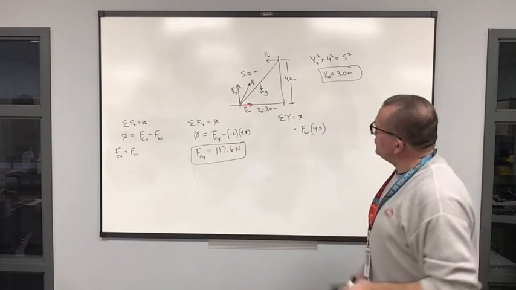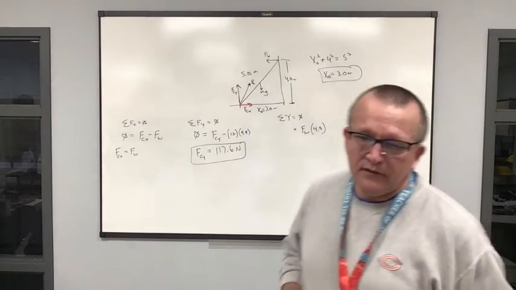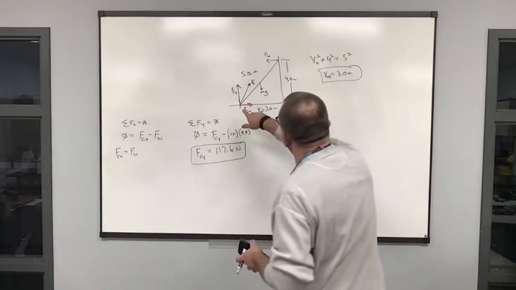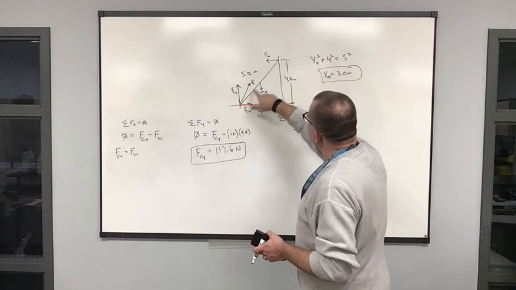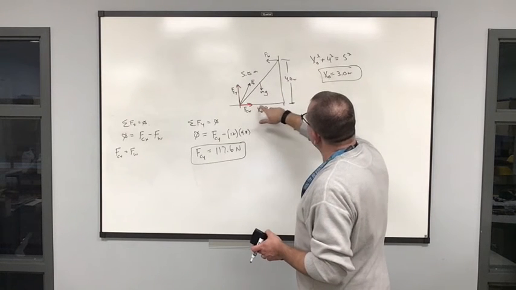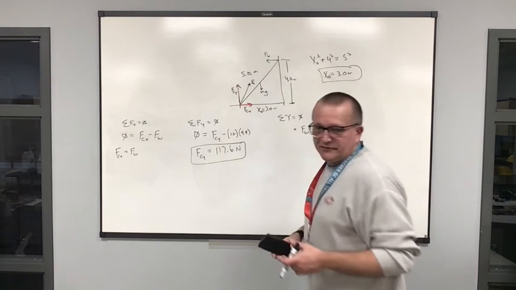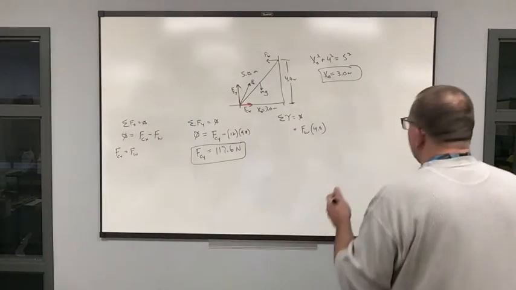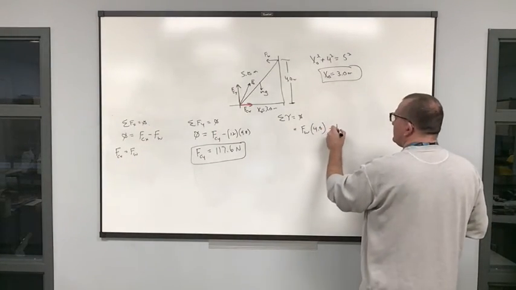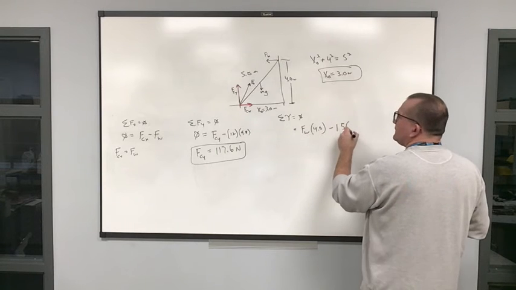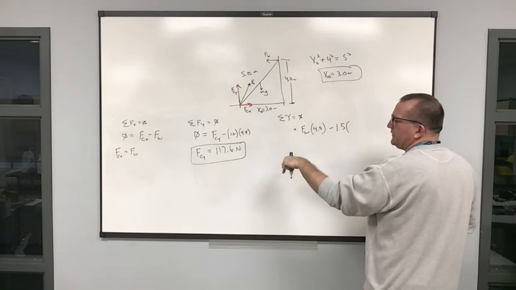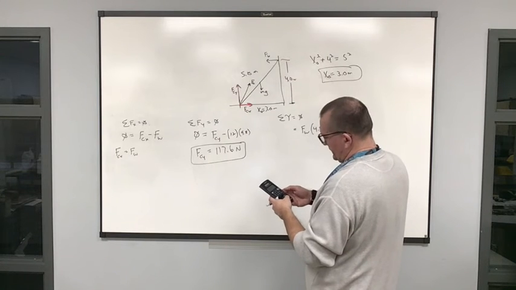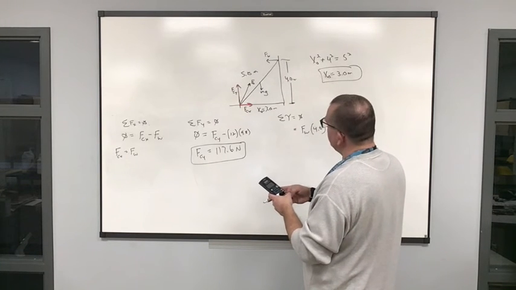Which means if I look at this force, here's my 0 point, then this is going to be going 3 meters, or half of 3 meters. So it's going to be about 1.5 meters away. So it's going to be minus 1.5 times the weight of the ladder, which is 12 times 9.8,